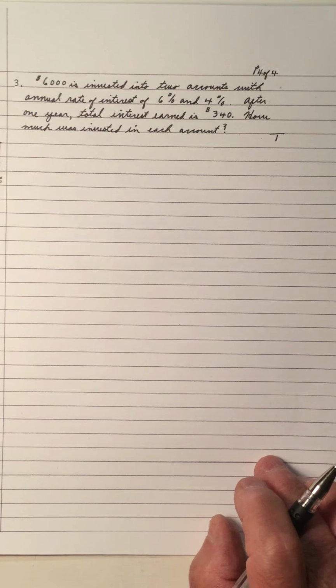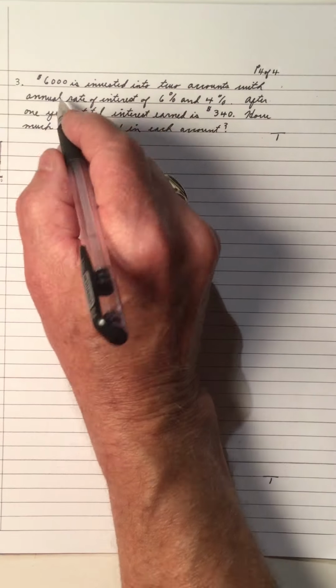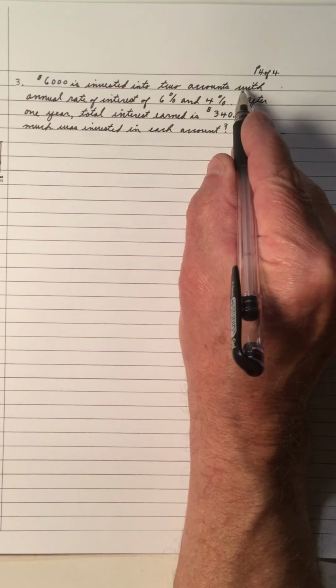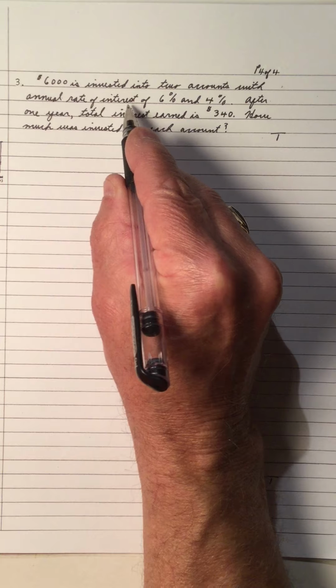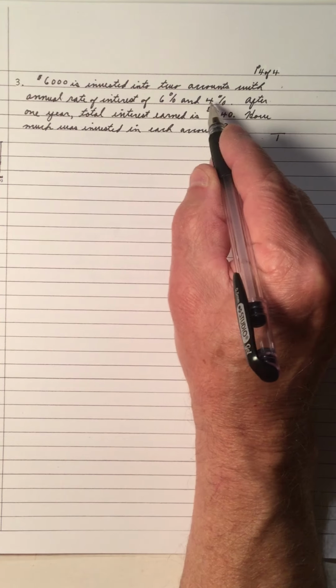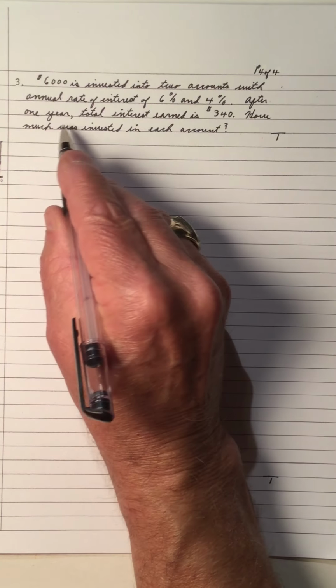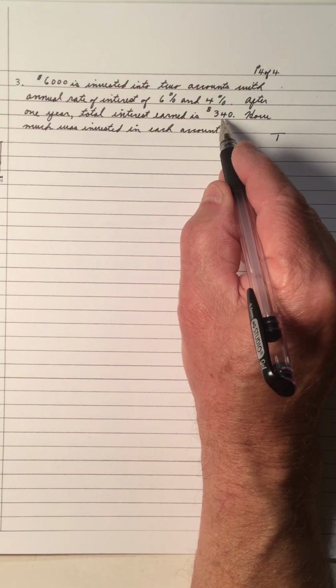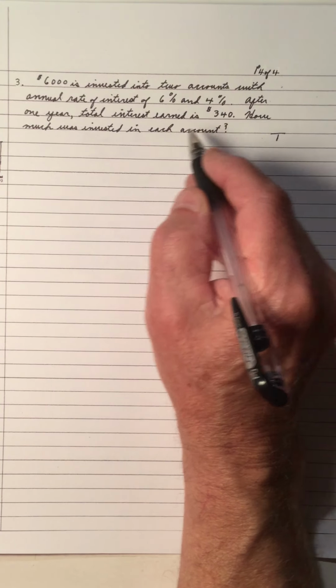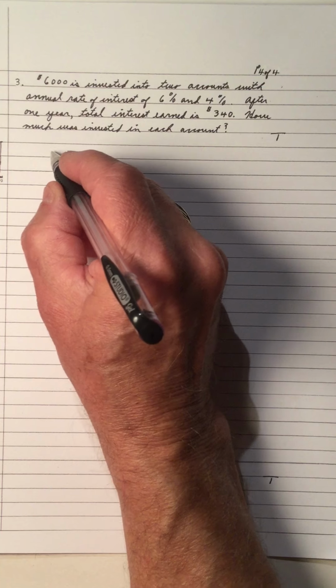And we have an investment problem, interest. $6,000 is invested into two accounts with annual rate of interest of 6% and 4%. After 1 year, the total interest earned is $340. How much was invested into each account? Again,